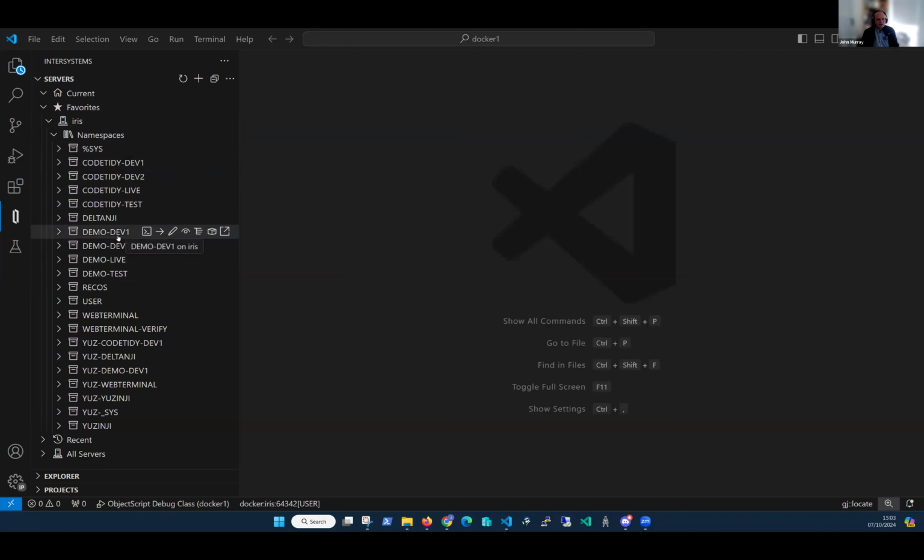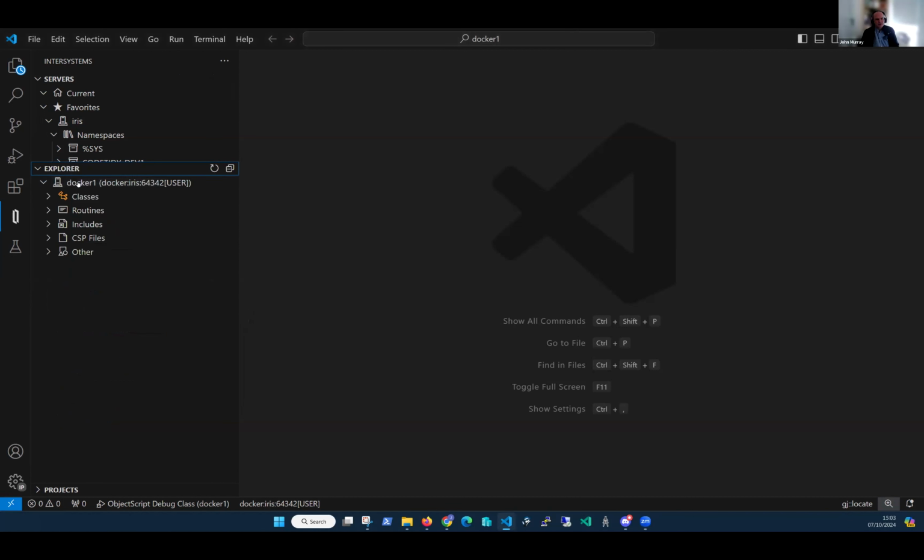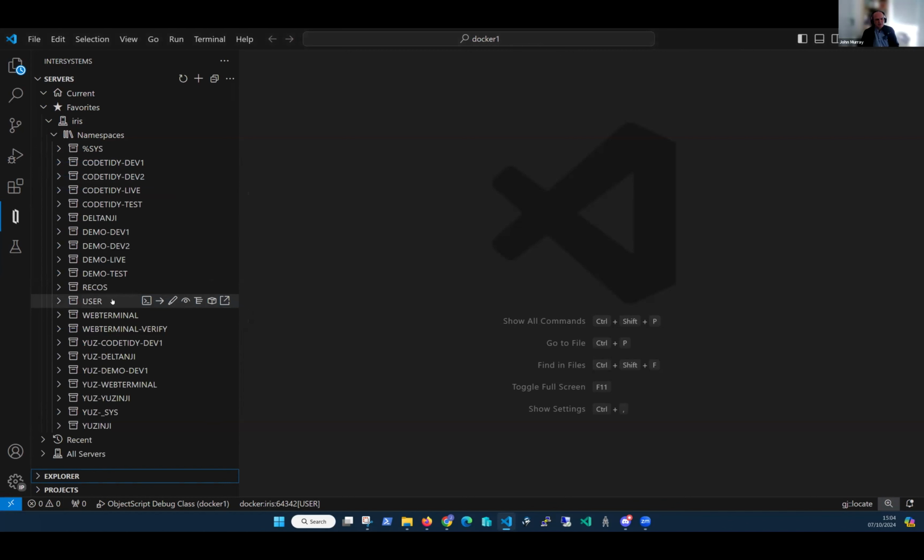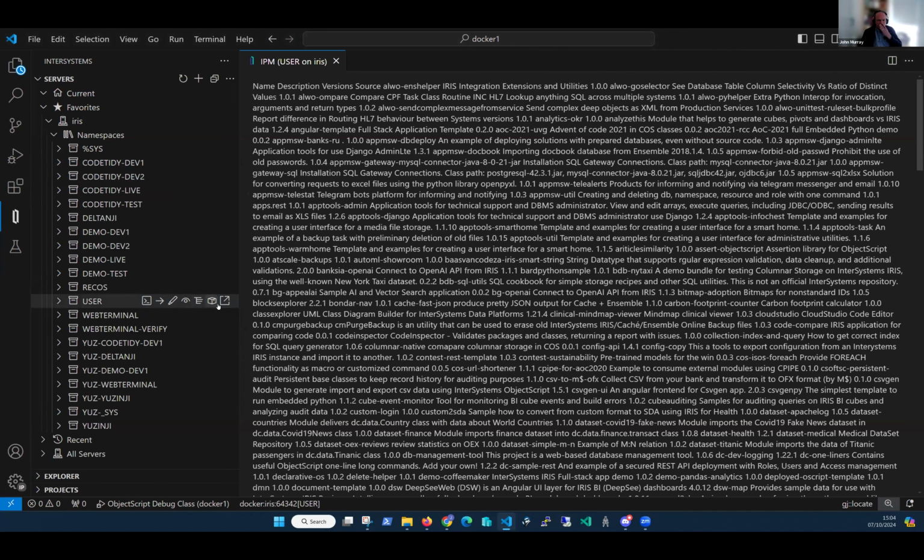The package manager extension adds a new button into the InterSystems view of your environments. If you're working on the server-side model, you find it by browsing into your server tree and choosing the package manager button there. If you're working client-side, you can find it under your Explorer view, and similarly, a package manager button appears here. They both have the same effect. You click the button, it launches a view on the extension,